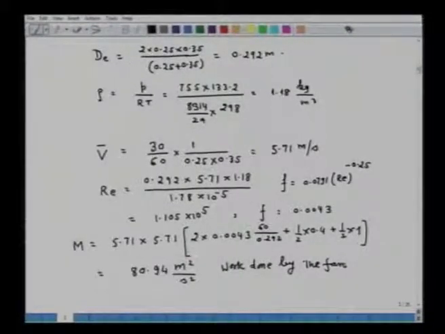That will be the work done by the fan. Now, the value is plus, that means an additional mechanical energy will be required by the fan. So, we can calculate now the power, that is we have to calculate the power of the fan, because when you go to the market to buy the fan, you have to tell him what horsepower or what kilowatt capacity of the pump is needed in order to meet your objective.